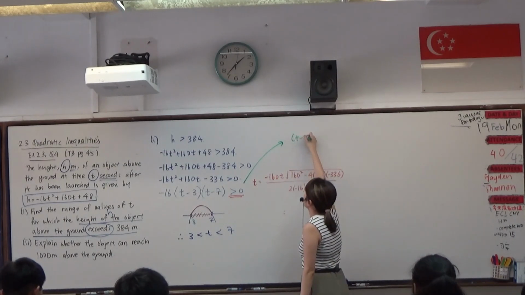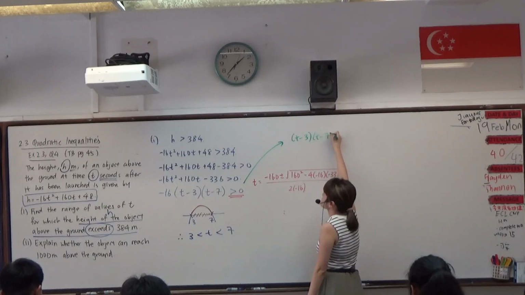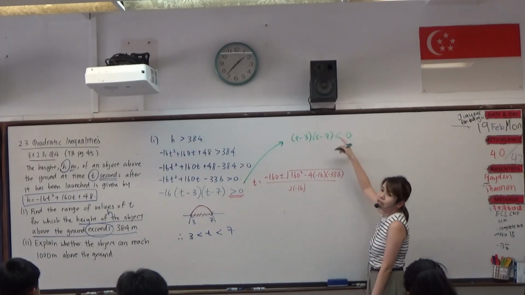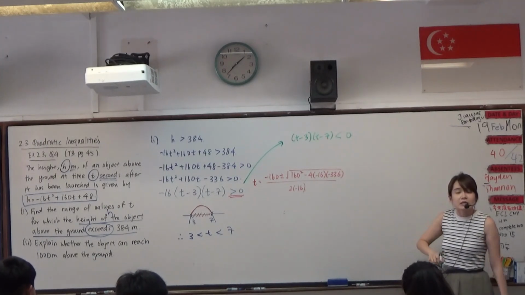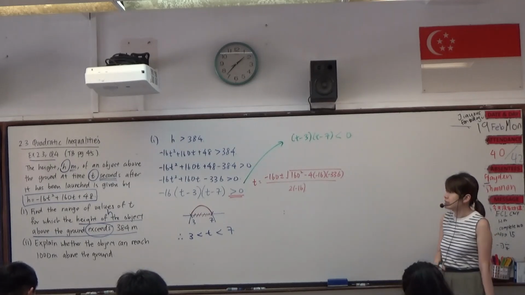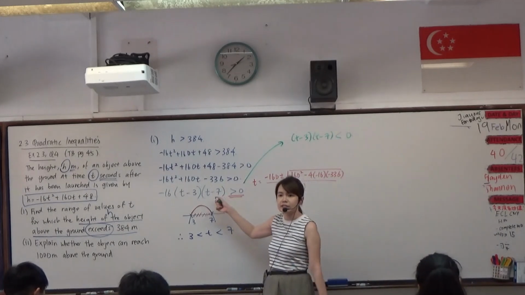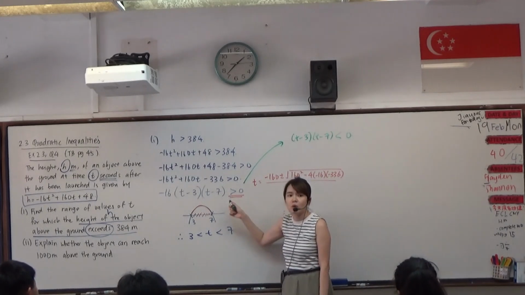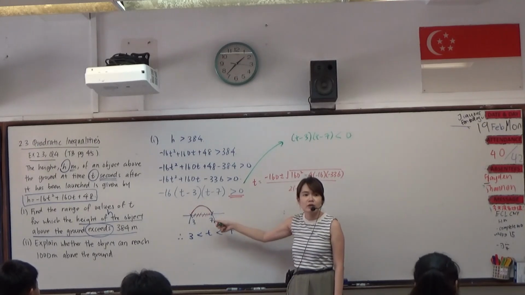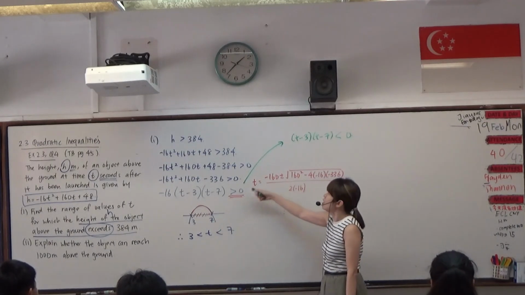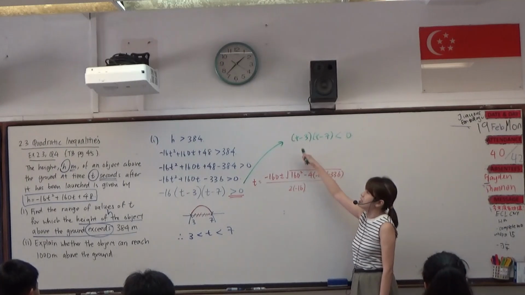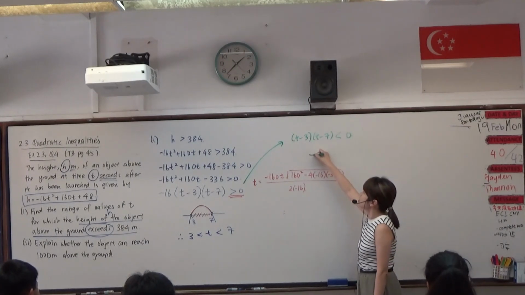Because if you divide by negative 16 throughout, the inequality sign is flipped. So there are multiple ways to go about doing this. Either you keep it in its original form, original inequality sign, and change the way you interpret the graph, or you make your coefficient of t squared positive so that you can have a